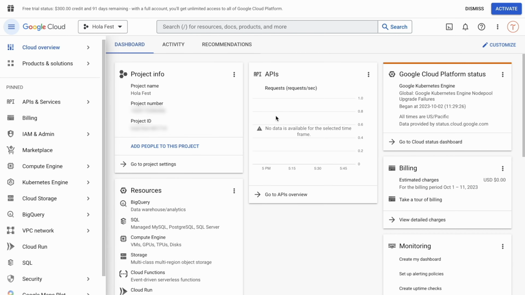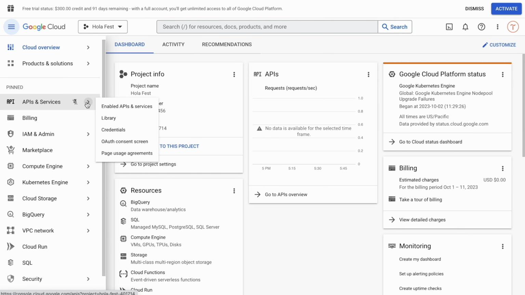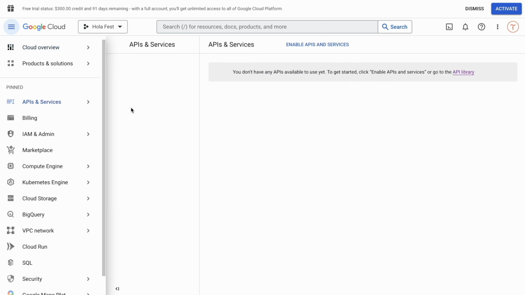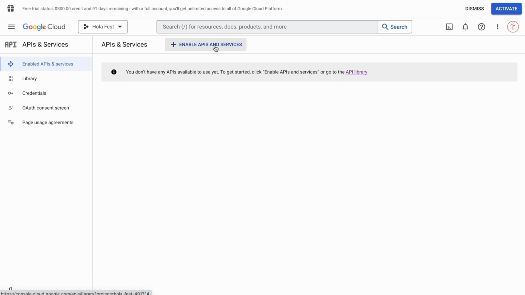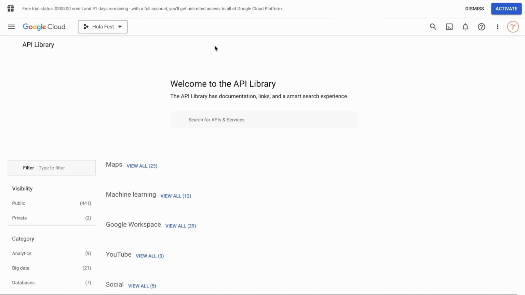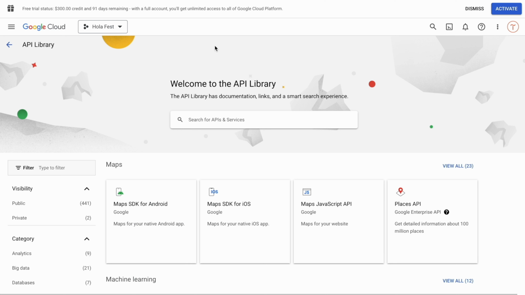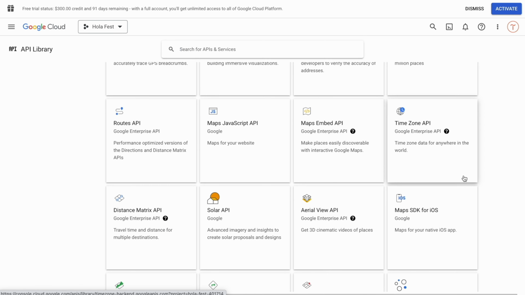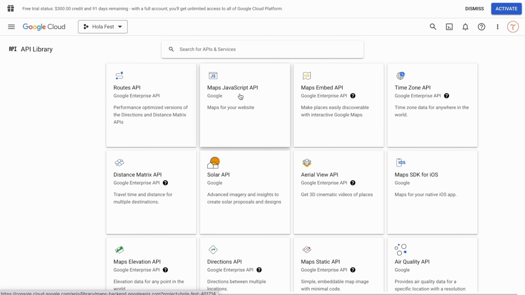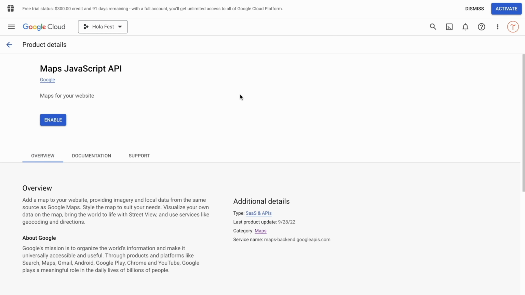To access the main dashboard, I click on the project's name located in the center of the page. From there, I find the APIs and Services tab in the left column, and click Enabled APIs and Services. Next, I click on the plus button that reads Enable APIs and Services right below the search box. Once in the API library, I find the Maps category and click the View All button. Then I scroll down the page until I find Maps JavaScript API, the one that is meant for embedding a regular map into a website. Here I click the Enable button.